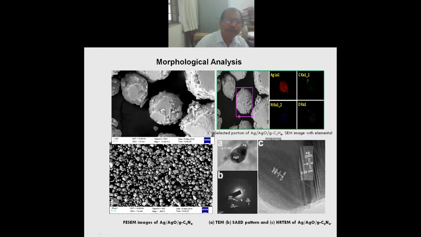This is a SAED pattern, which again shows the AgO, and this is the HR-TEM, which shows the lattice fringes of AgO of plane 002, which is 0.26 nanometer, and for Ag the d-spacing for the 200 plane is 0.20 nanometer. So the presence of AgO and g-C3N4 in the composite is confirmed from the TEM, HR-TEM